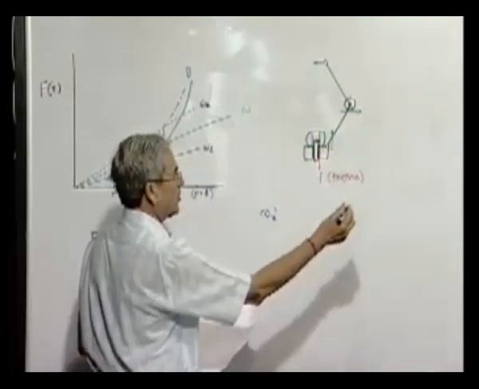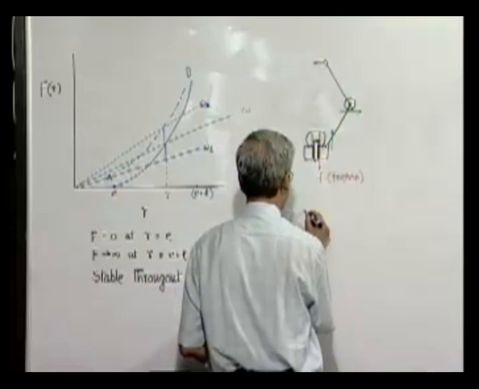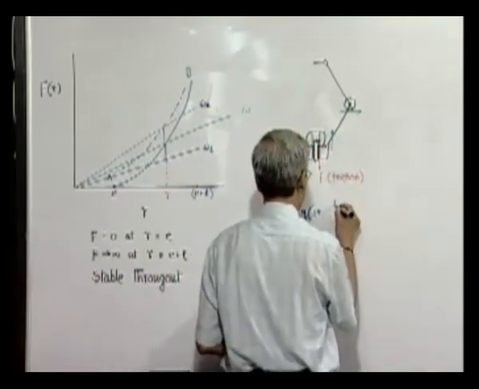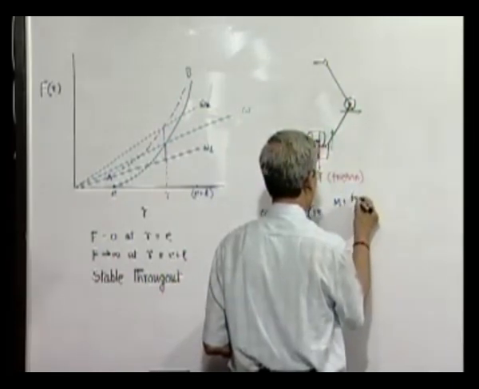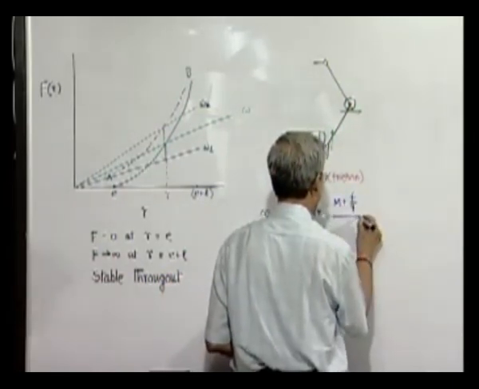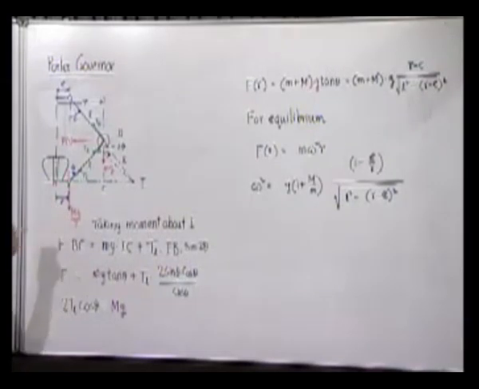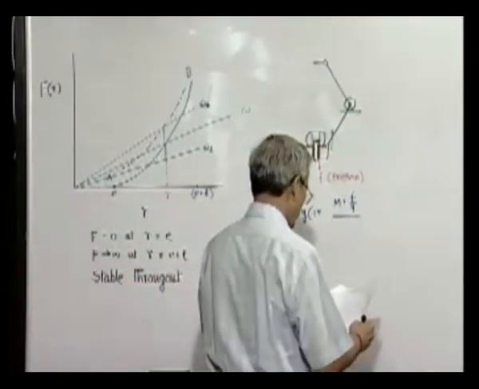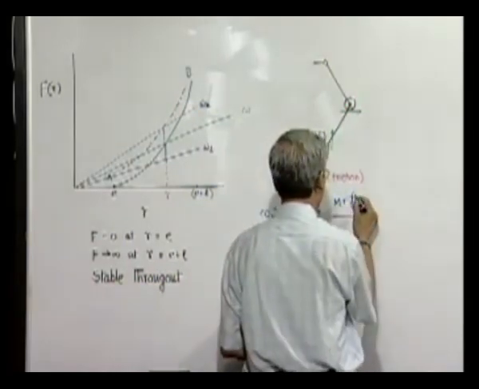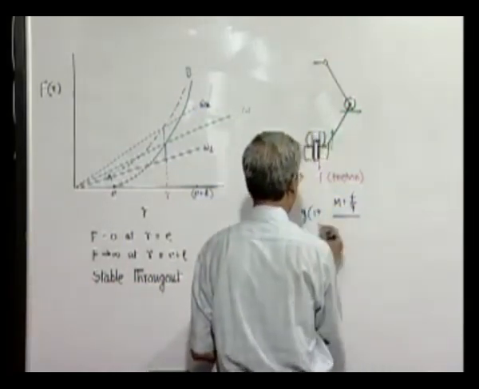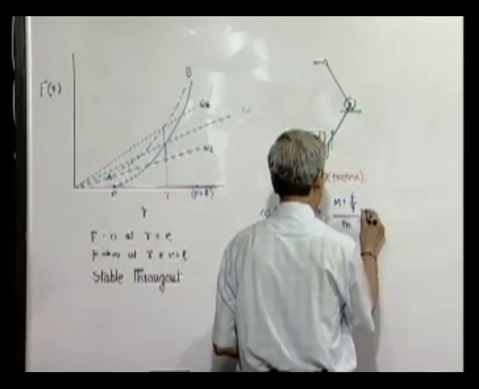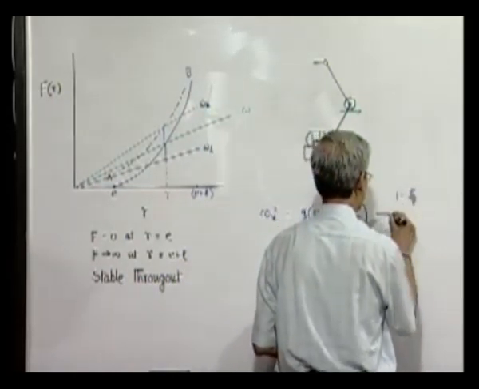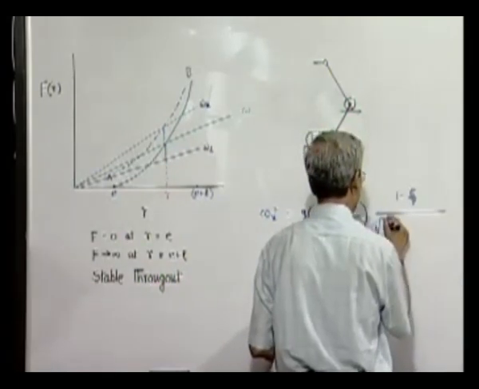We can find out that this will be, as I mentioned, g into 1 plus, the effect of the friction force will be nothing but to add the force in this direction. So, the total force is mg, which will now be mg plus f. So, therefore, what we do, we add m plus f by g, because g has been taken out. So, the expression for the upper speed limit